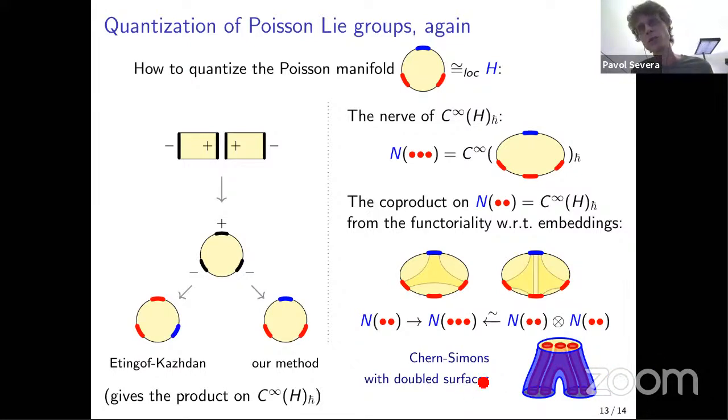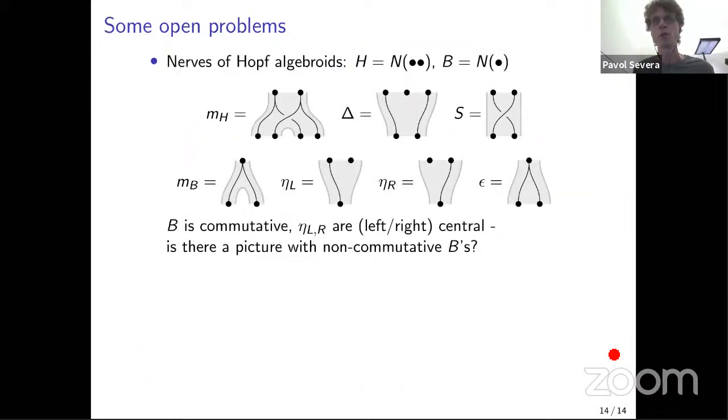Now, of course, the picture is only ideological, but the reason why I'm talking about it is that one can imagine many other types of pictures, and it's quite probable that they would give us some interesting new stuff. So let me just briefly mention some open problems and what one could do with it. This would be the end of the talk.